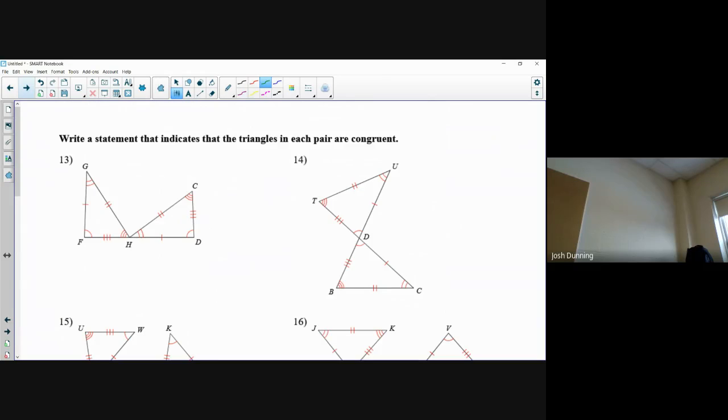Now, this next part, this part's a little different. It's a lot different. This is something you probably haven't seen much before. Now, when we take a look at these, we see all these little slashes and little arcs in the angles. Now, what that means,